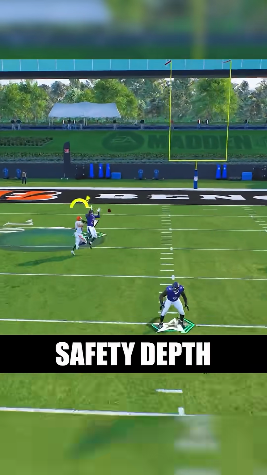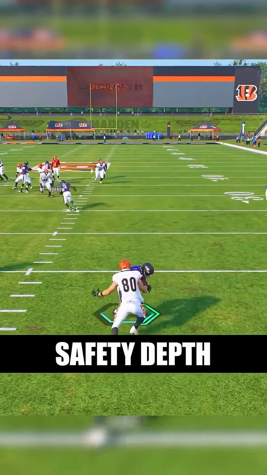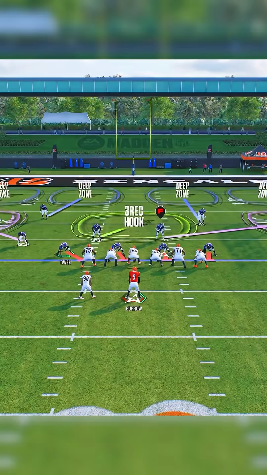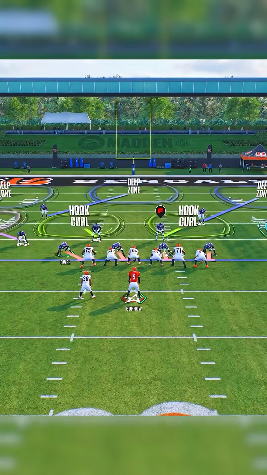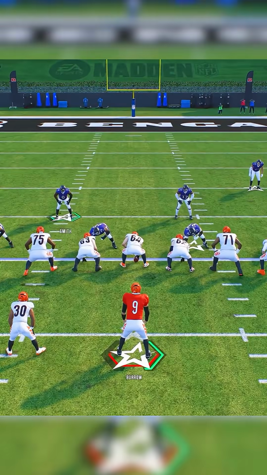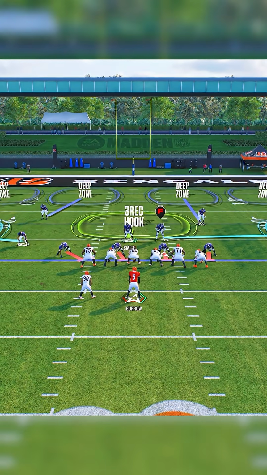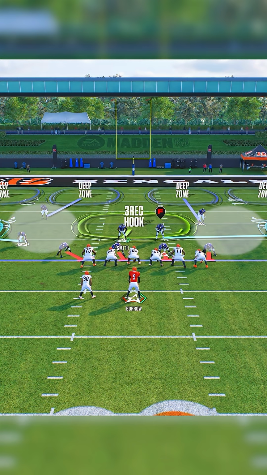The new safety alignment adjustments give you total control over exactly where your safeties line up. Let's say you're on defense and you want to run a shaded down cover 4. This is a perfectly fine defense. It's on the conservative side, but there's really one major weak point, and that's going to be the seams underneath